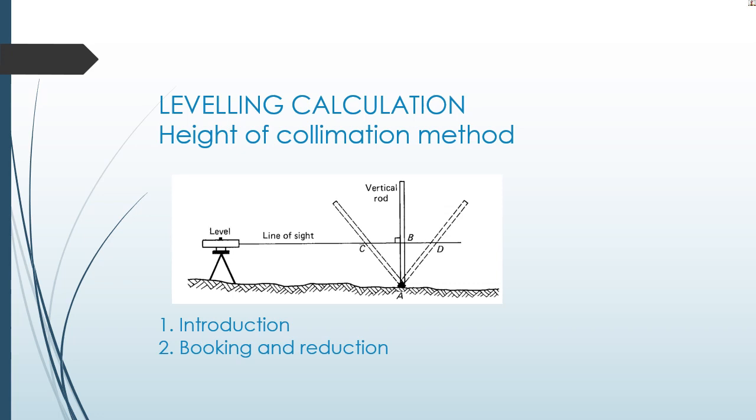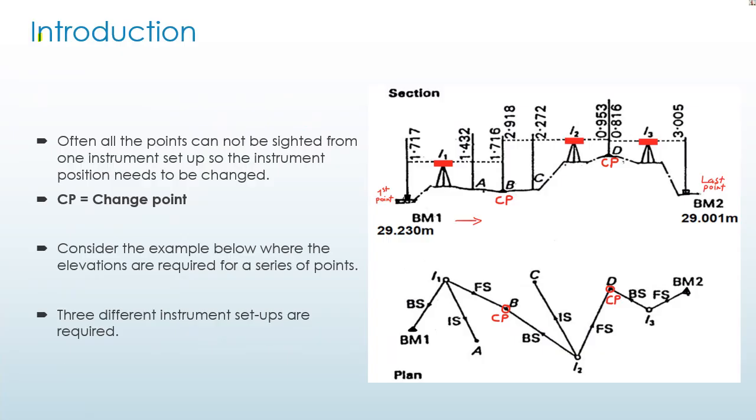Hi everyone, in this video we're going to look at the leveling calculation using the height of collimation or height of instrument method. In this example, we're going to look at the leveling run. You are going to start at benchmark number 1 and you will need to determine the elevations or reduced levels of a series of points, including point A, point B, point C, point D, and then connect to benchmark number 2 to check the results